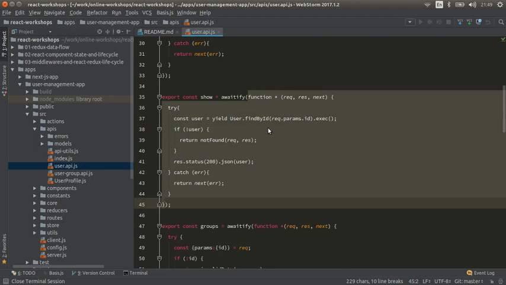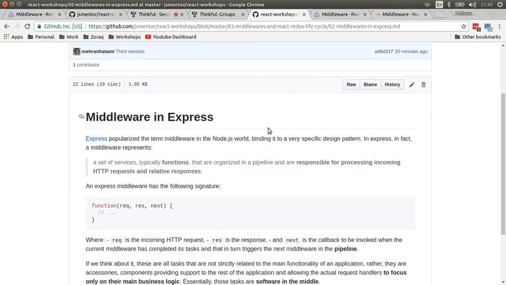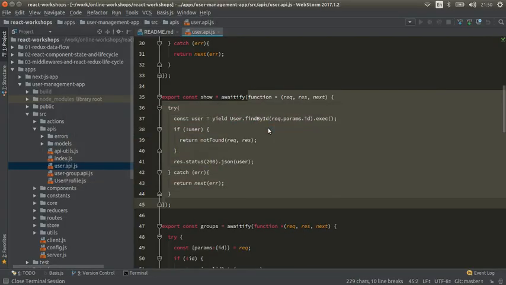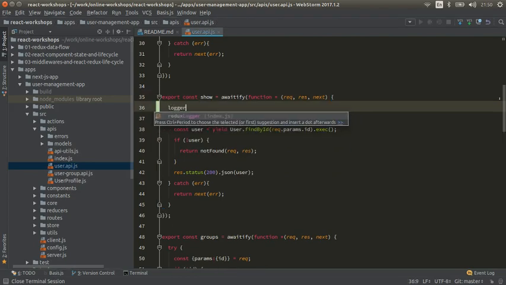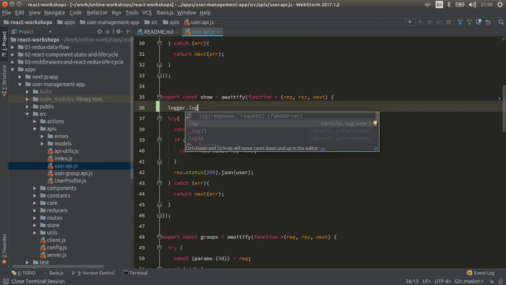But the point here is a middleware is something that could be helpful if we need to run a specific part of our code for all of our API calls, for instance. Before calling the API call, or after that, we need to do something. Instead of adding that piece of code to every single use case, for instance, if you want to log all of your API calls, you could force the developer inside the application to always call logger.log something, and then you should implement a logger system and use it right here, before and after,